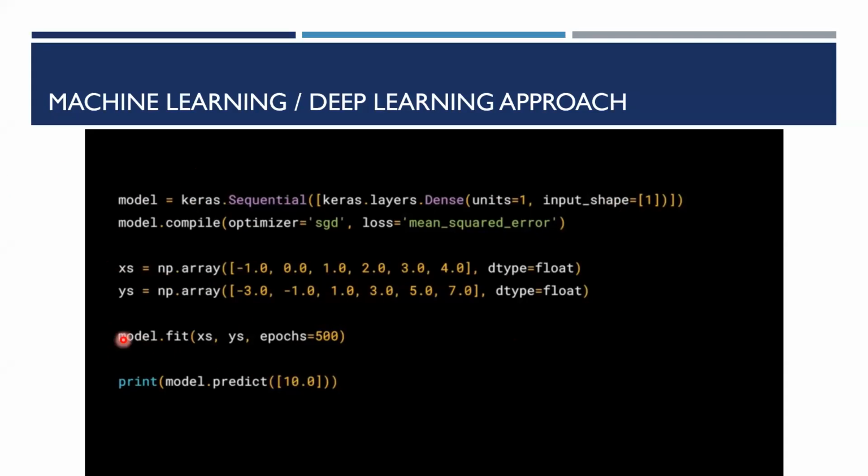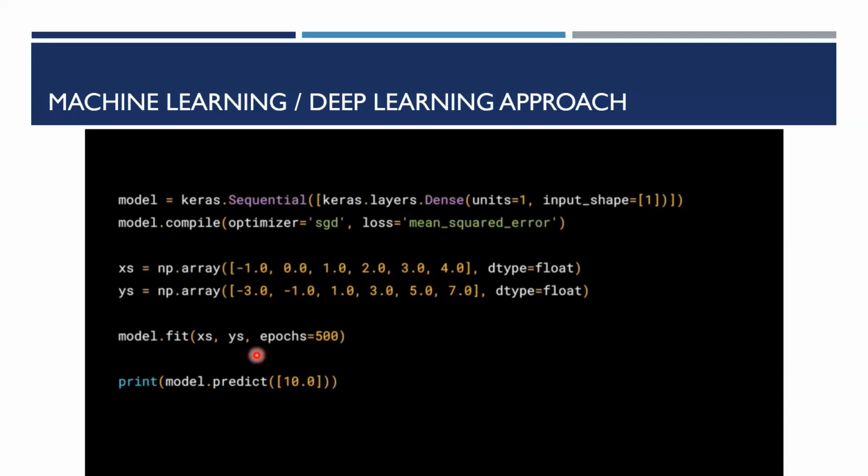And for fitting this line, you have to go back, go forward, come back, go forward, come back. So now I have said, go forward and come back 500 times. And that's why you say that epochs is equal to 500. So what are you trying to fit? You're trying to fit the input xs and ys, using this particular optimizer and loss function, on this neural network.